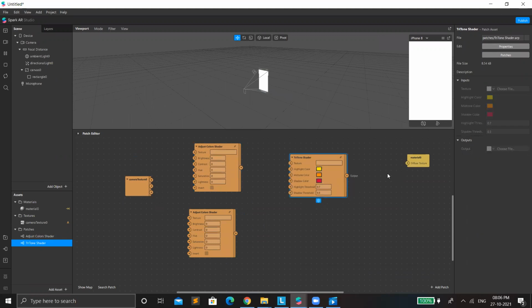How we'll be making it. Okay, so with this camera texture, you'll be extracting the texture, and then from this output, you will be extracting its texture, highlighted color, mild tone color, as well as, no, not for shadow, we'll use shadow for this one. And let's take the texture, and we'll make the,